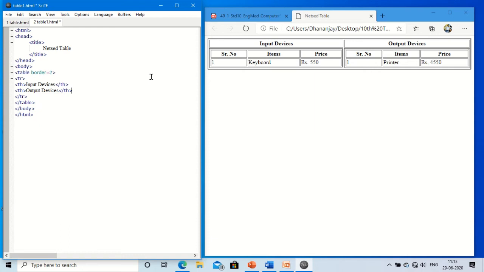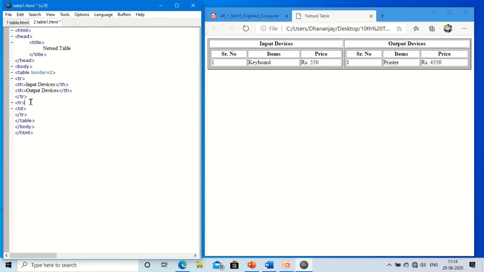Now we have created the one row inside the first table, and the one row has 2 cells, the one for input device, another for the output devices. After this, in the second row we have to create, in the first cell of the second row, a table that is holding this serial number, items, price.